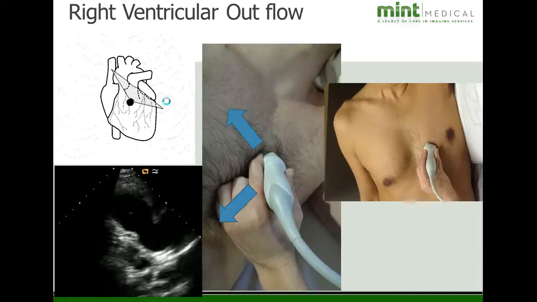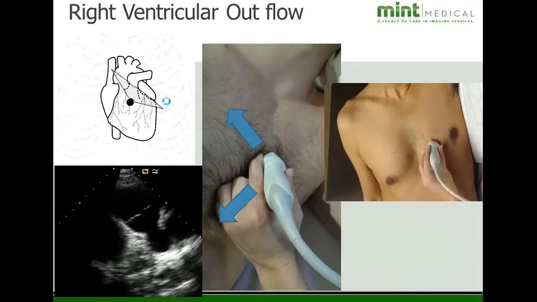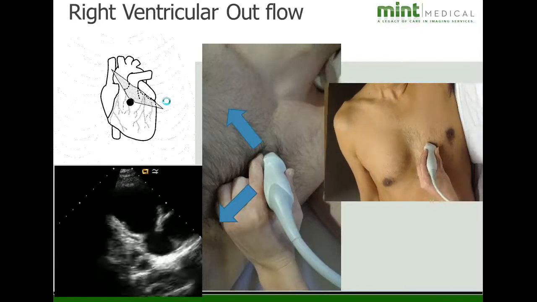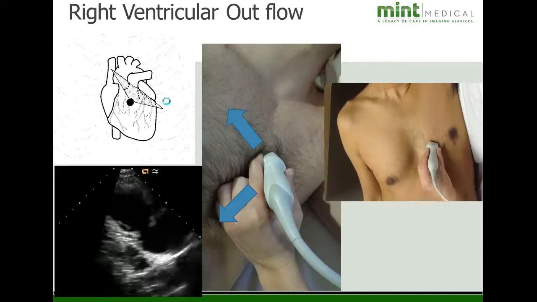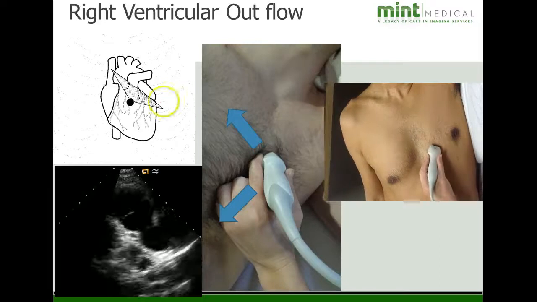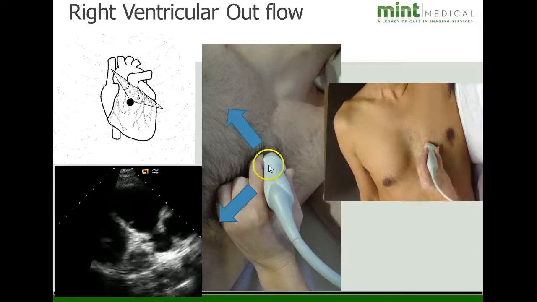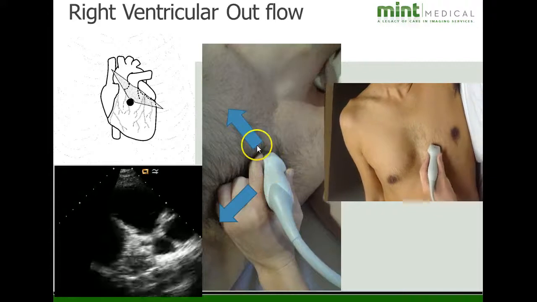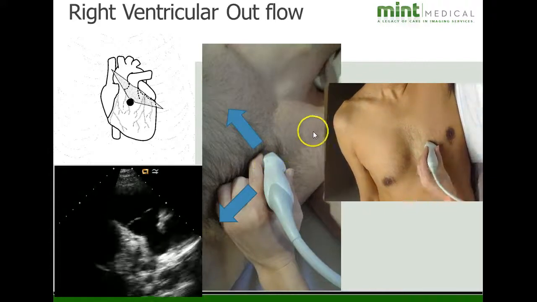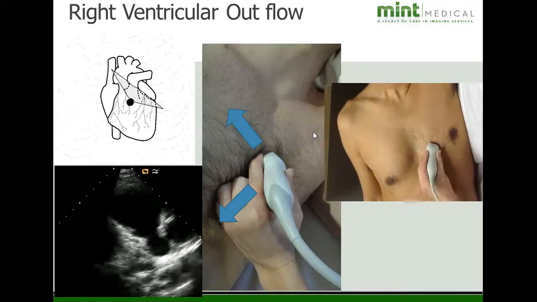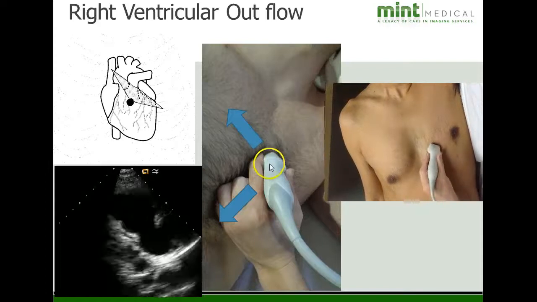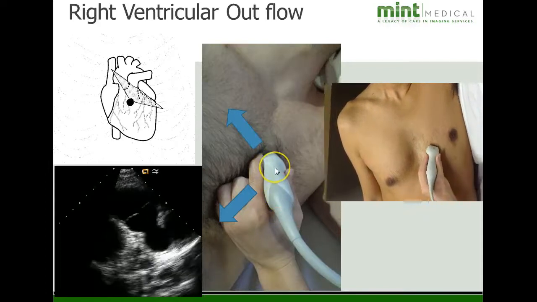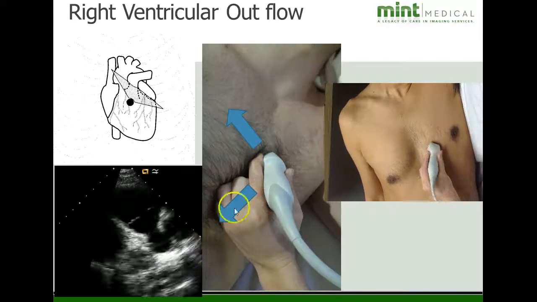The next view from the parasternal long axis will be the right ventricular outflow tract view. So this will be just the opposite motion of the inflow tract. Once again, you'll keep your indicator towards the patient's right shoulder, and instead of tipping it towards the patient's left shoulder, this movement is just going to be the opposite. You're going to take the tail end of the transducer, or the back end, and tip it down towards the